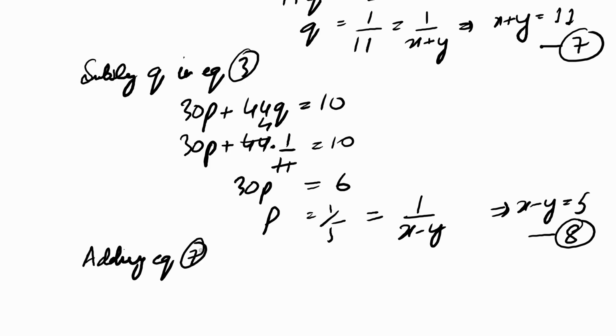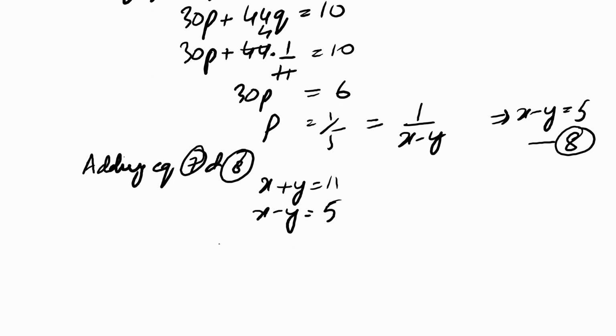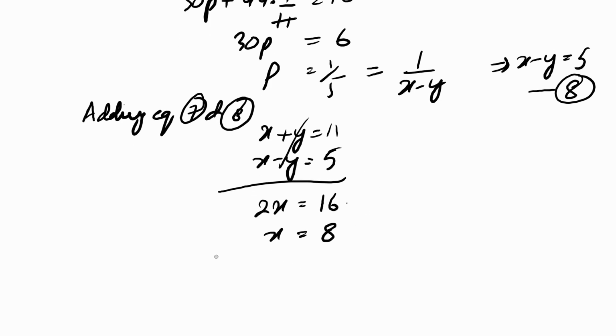Adding equations 7 and 8. When we add 7 and 8, what will we get? We will get x plus y is equal to 11 and x minus y is equal to 5. Okay. So what will this become? This both will cancel and it will be 2x is equal to 16. So x will be equal to 8, and when I substitute this back in equation number 7,